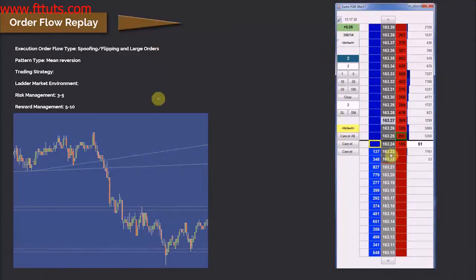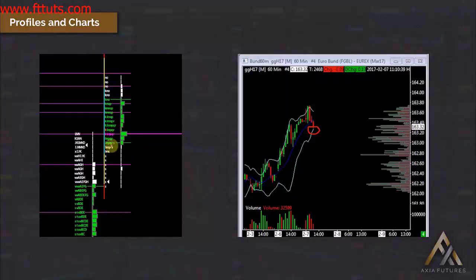So basically, like I said, it's a spoofing and flipping trade combined with some large orders. The pattern type is a mean reversion trade. If I quickly go back to the profile, something I got told and keep in the back of my mind is how these ledges work. When you have a ledge like this, which comes in at the 40s, it's almost like a magnet, in that price genuinely tends to revert back to it. So as much as it's a great trade on the short side, and that initial move down was a really good one,